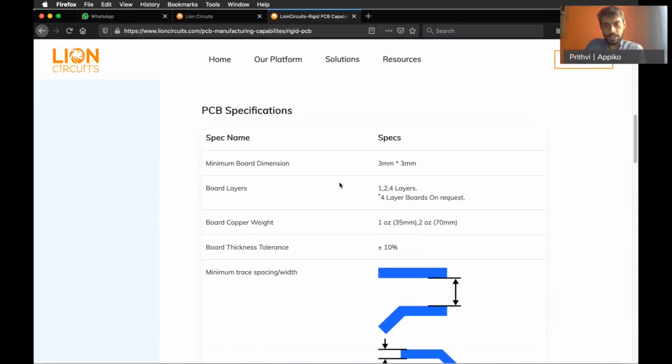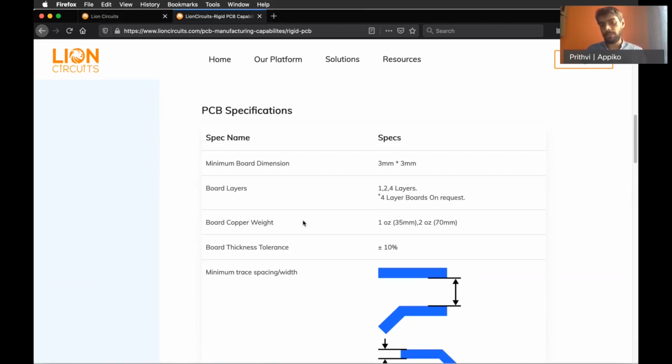So let's get started. The assumption for this presentation is that you know the basics of PCB. There are sessions in Thinkubator that you can refer to. So a PCB, or printed circuit board, can have multiple layers in them. Layers of copper, I mean, which have tracks to carry the various signals.